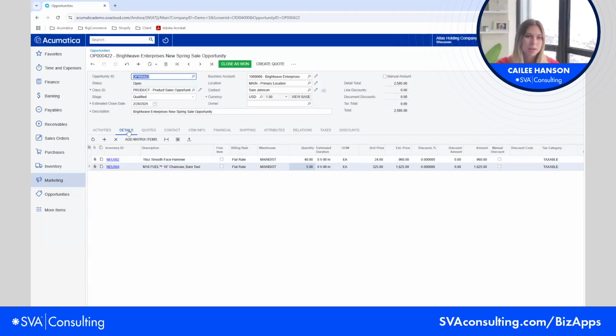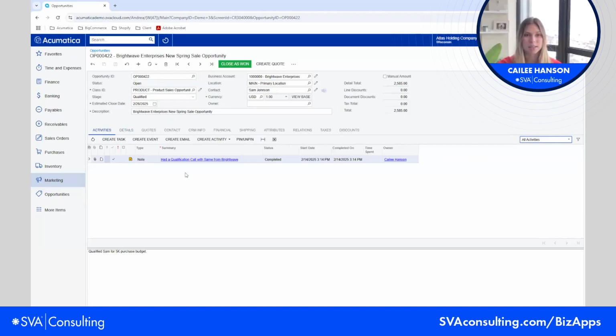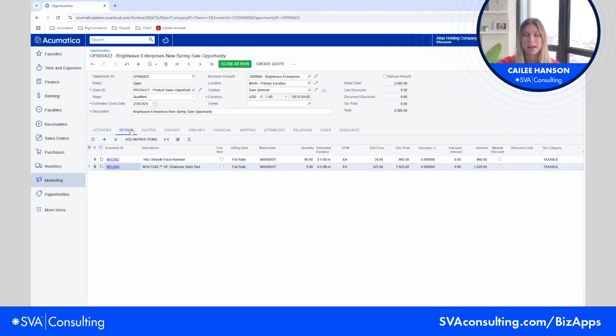But again, as I'm discovering what items they might want to purchase, I'll add those all within this details tab, and that will feed that opportunity amount at the top. So I can kind of work between these activities, adding those in. As I discover more, I can add those detailed items, and then I can continue to push this through the pipeline, right? So maybe now we're at the proposal stage,